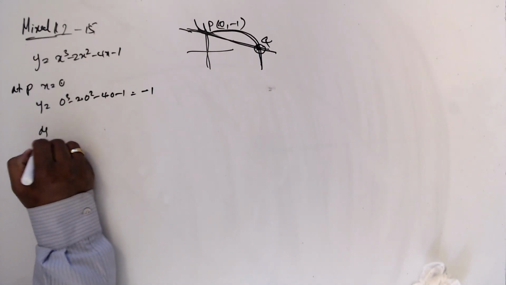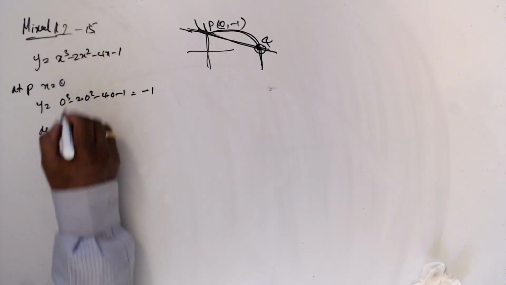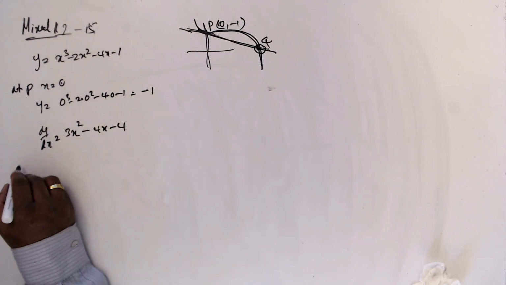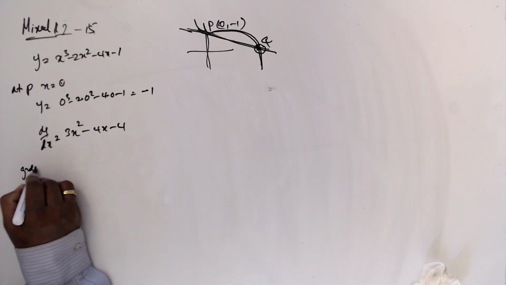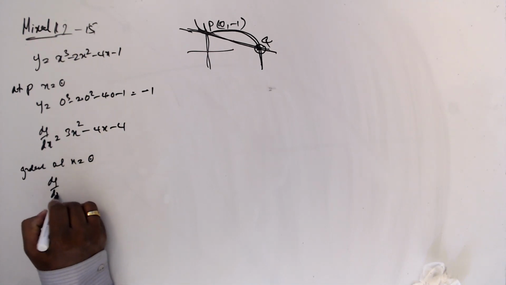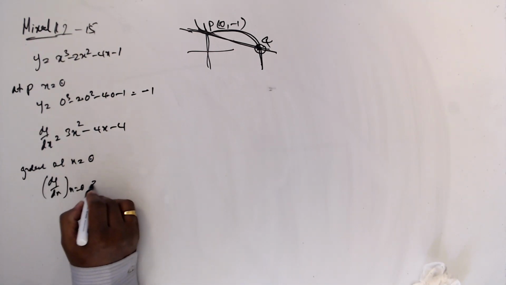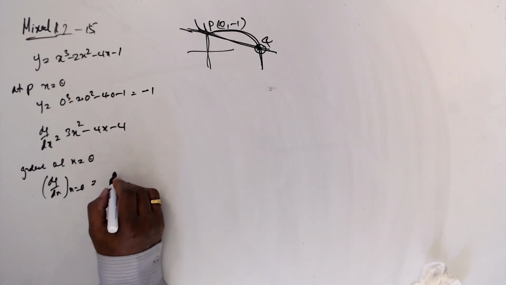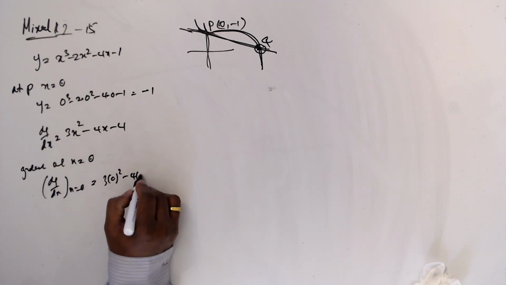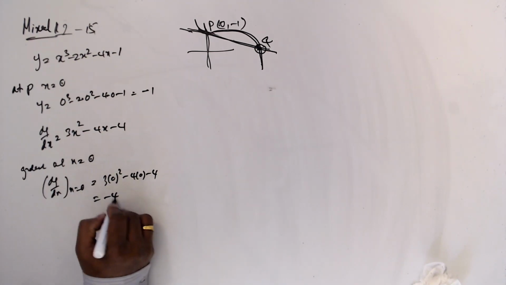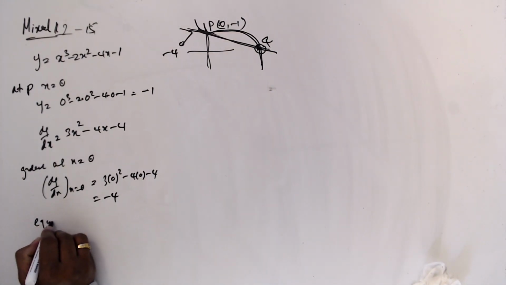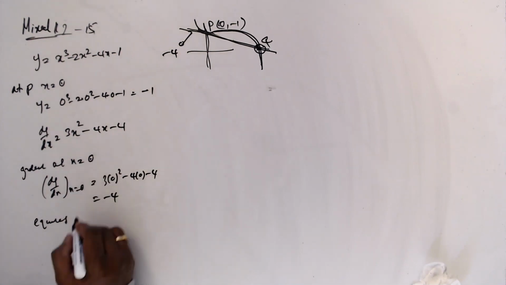So dy by dx at any point is 3x squared minus 4x minus 4. So the gradient at x equals 0: dy over dx is 3 times 0 squared minus 4 times 0 minus 4, which is minus 4. The gradient of this line is minus 4. Then the equation of the tangent,